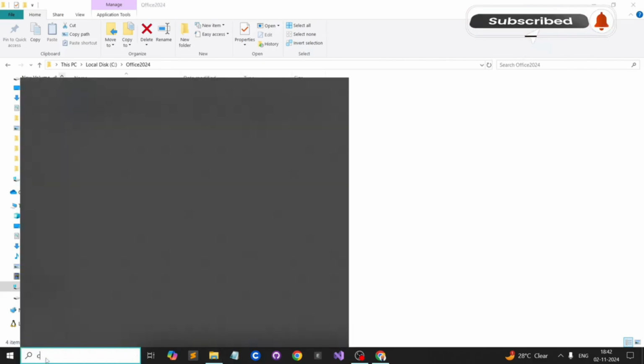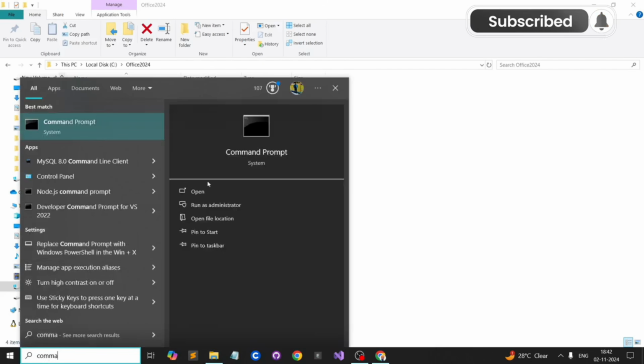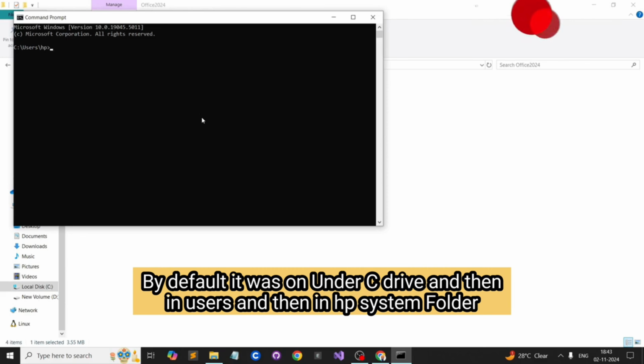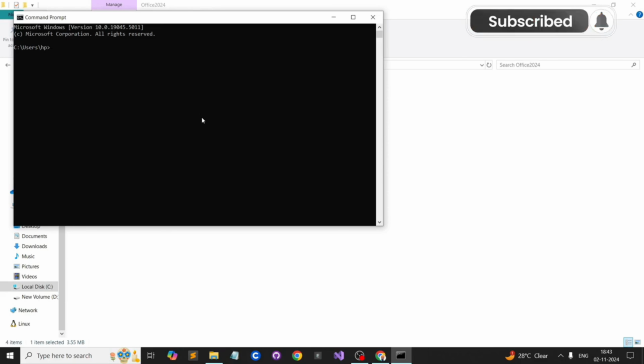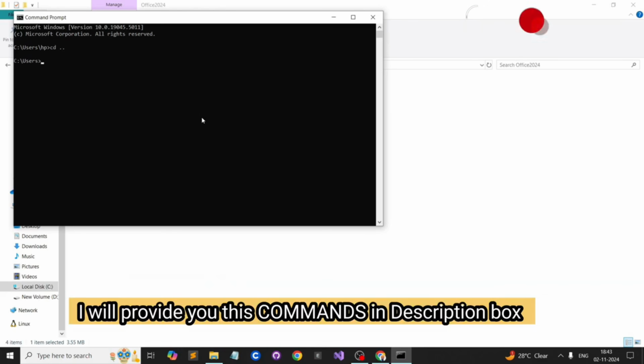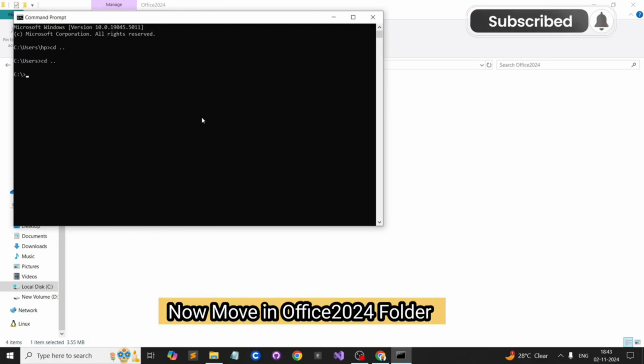Guys, after that, you have to open CMD. In the search box, search for command prompt. Open it. And you guys see by default it is on the users and HP path. So let's move to C drive by typing cd .. cd .. And now guys, move with cd slash office